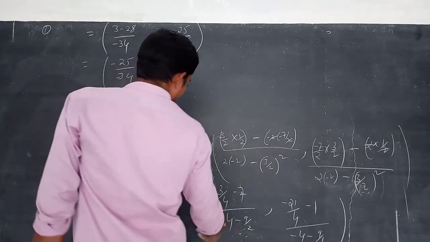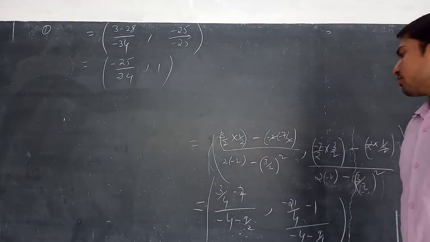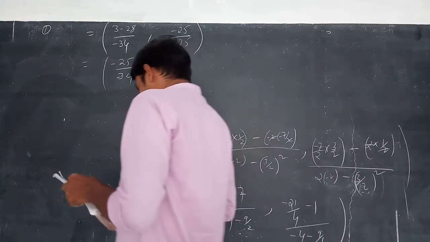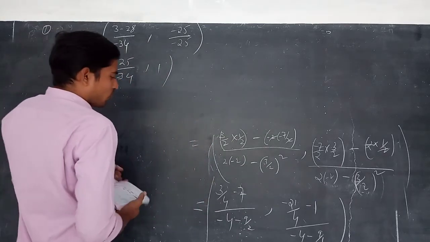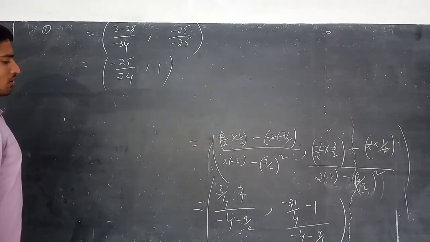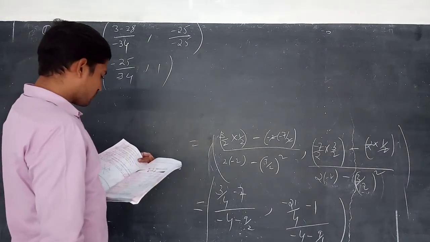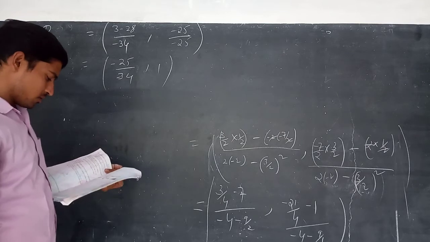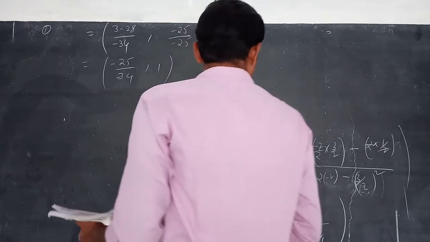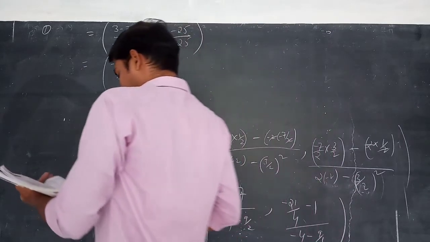So let us see this one. 8 minus 8 and minus 9. So minus 17. Minus 17 and then 2 equal to 28. Minus 28 minus 25. Right. So minus 28 and 3 minus 28 minus 25 we are getting minus 25 and 23. So the answer is minus 25 by 34. Somewhere we did it wrong, I think. So one we got correct, and then what about that?